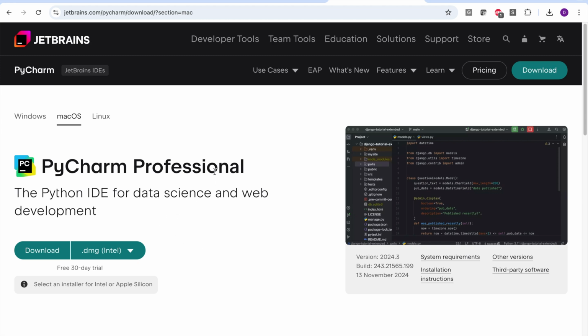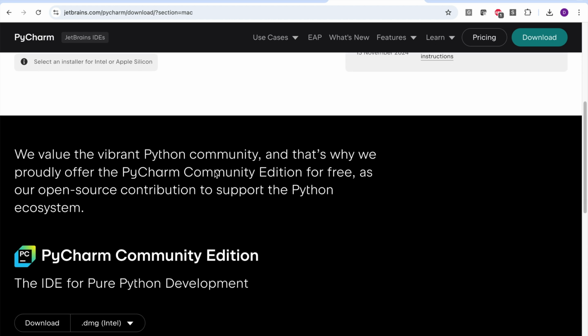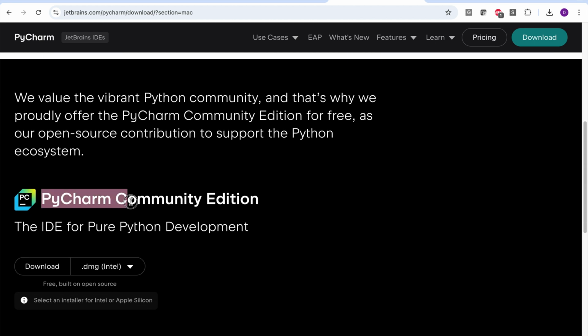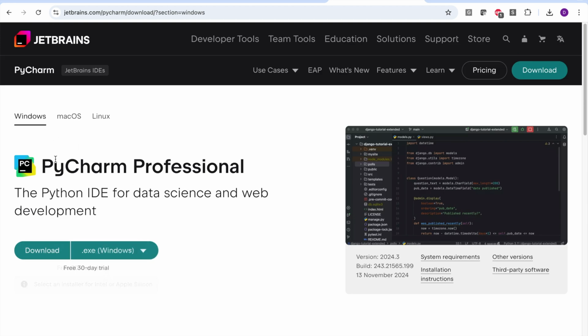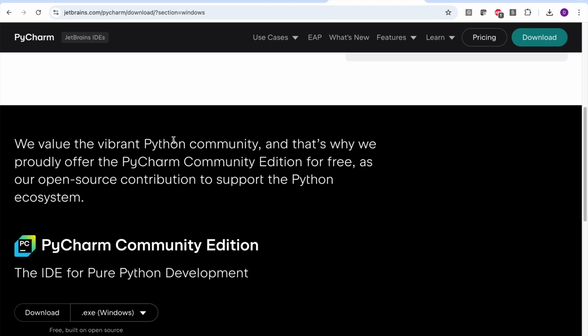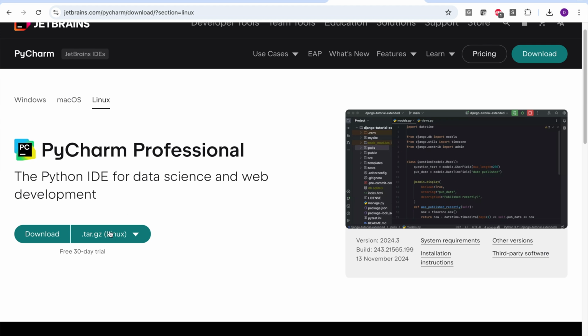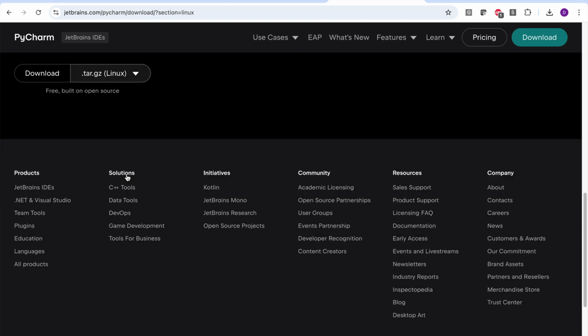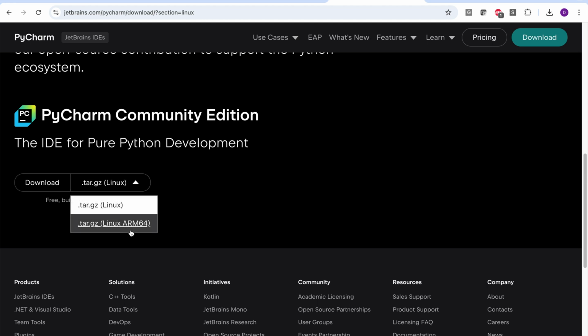So there's a community edition also. If you scroll down further, you can see that PyCharm Community Edition is also there, and you download this particular version. Now again, I'm using Mac, so that's why it is showing me the Mac image. You can download it for Windows also, so a Windows exe file for professional and a Windows exe file for Community Edition. Similarly, we can download it for Linux, which is a tarball for professional edition and for Community Edition also. And it provides for x86 or ARM processors. So you can download any one of those.